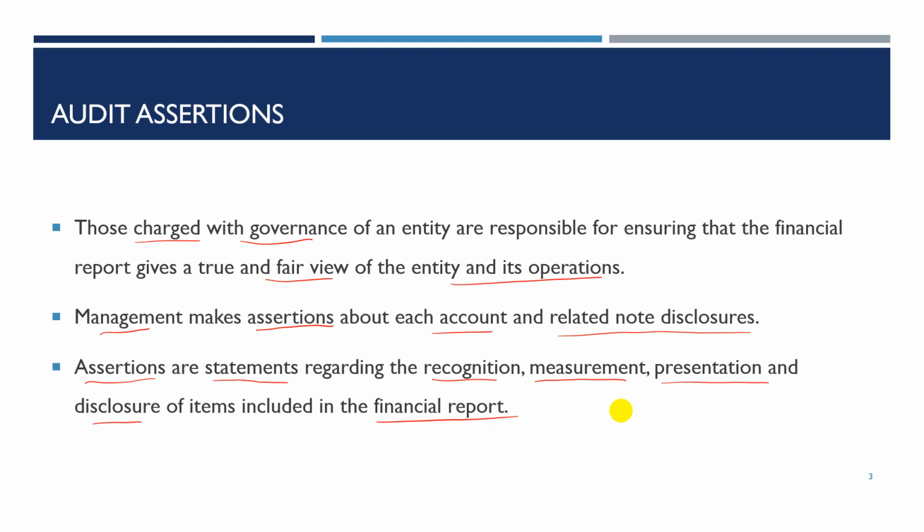For example, when reporting on inventory, management of the entity should make sure that the items disclosed exist, are owned by the entity, represent a complete list of the inventory owned, and are valued properly. Another example is when management is reporting on sales. Management should ensure that the amount disclosed represents sales of the entity that occurred during the accounting period. They should also ensure that sales are recorded at the correct amount, represent a complete list of all sales, and are classified correctly.